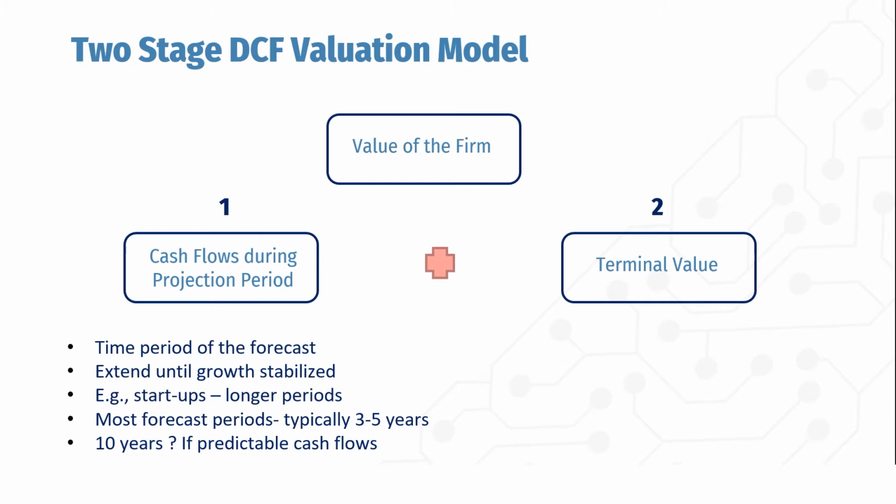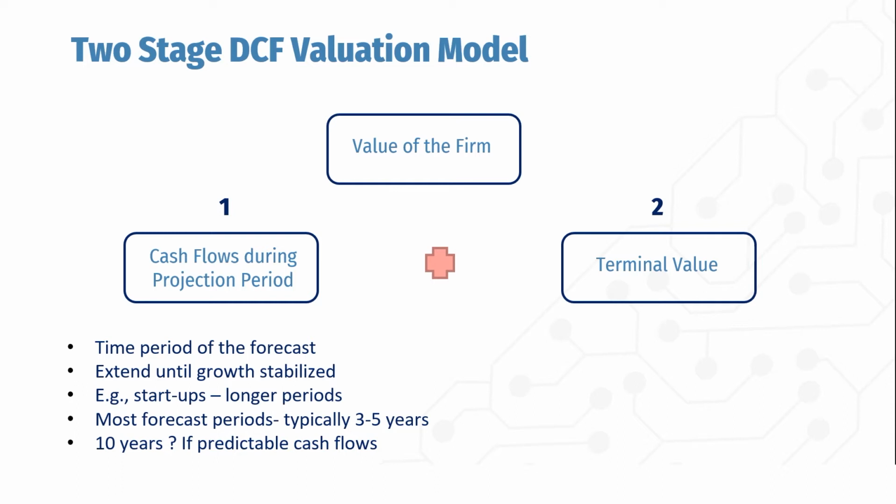However, you don't want a projection period that's too long, say more than 5 years, unless you are confident on the expectations beyond this period. At the end of the day, forecasting is estimation. The further we predict into the future, the more prone to error our estimates become. If your projection period is only 5 years, how do you incorporate future cash flows into perpetuity into your DCF model? And that's where the terminal value comes in.